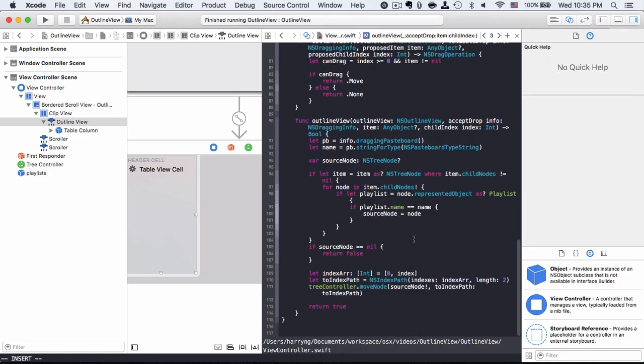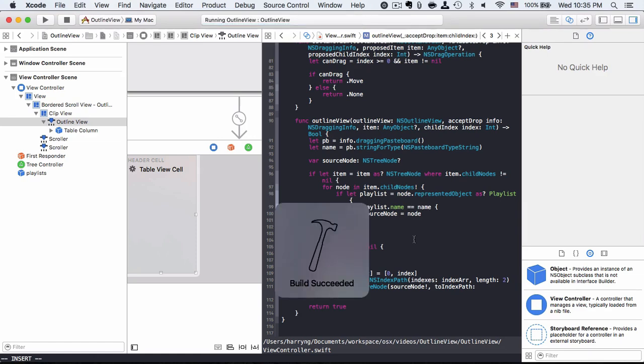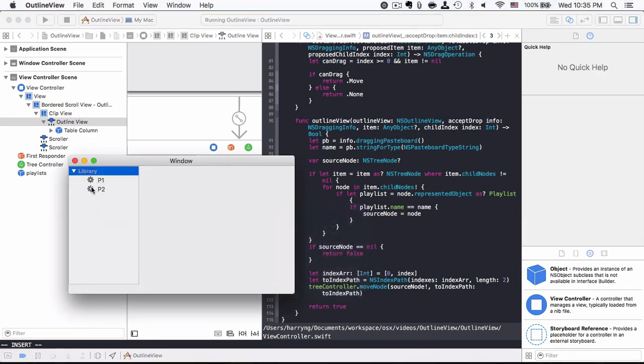Alright, let's try running the application. So now if I drag P1 to P2, which is a position I'm allowing, it will move the node and accept the drop. I can move it back, but of course I couldn't drag outside, couldn't drag here,